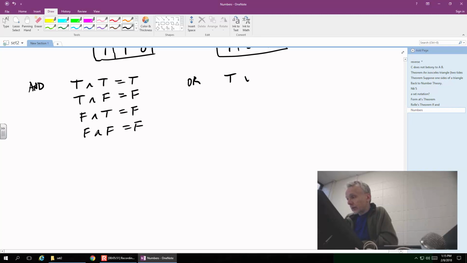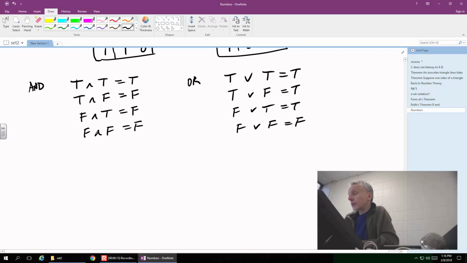Now the opposite, right? True and true is certainly true. True or false: for the whole thing to be true, only one of them has to be satisfied. So it's true. And false or false is false. Yeah? On the and, why isn't false and false true? Well, no, false and false on "and" is false, yes. On "or", false or false is false, yes.